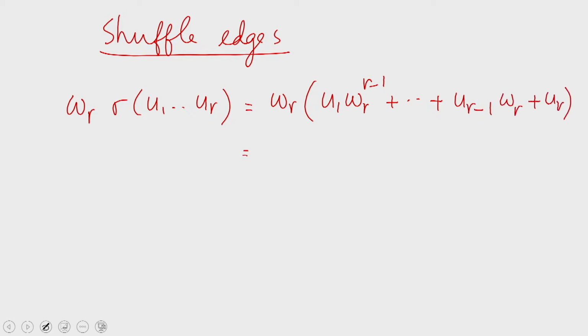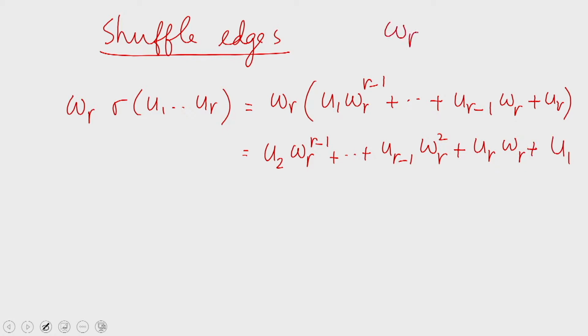Now taking omega r inside, we find that we have plus u1. That is because omega r power r equal to 1. Omega r happens to be the rth root of unity. Therefore, omega r power r equal to 1. Therefore, this is what we get. Now this is nothing but sigma of